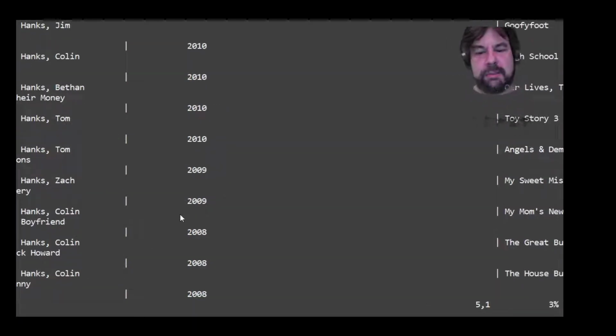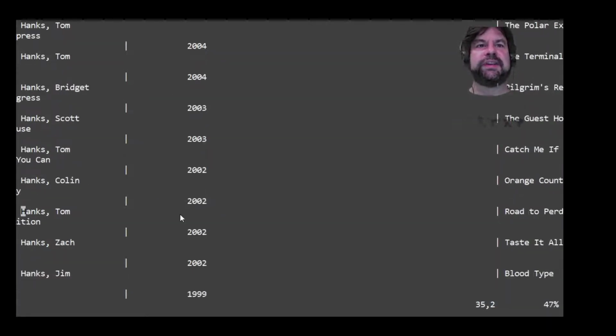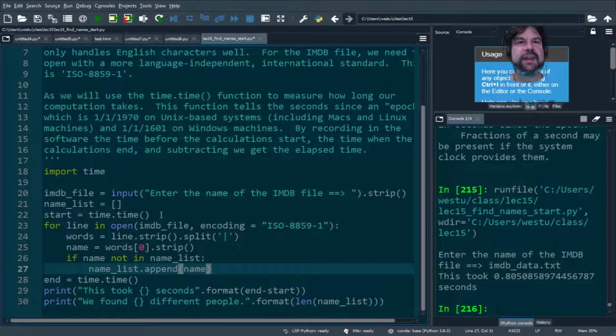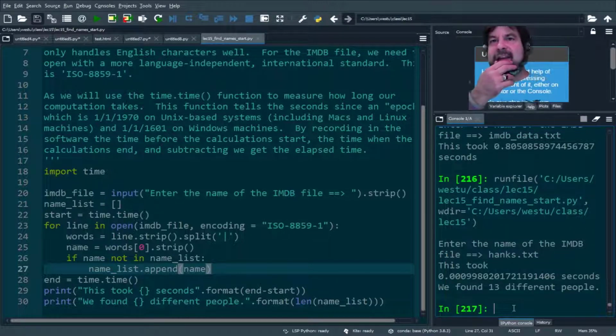So we can certainly count through this 68 lines and find out how many are there. So let's just start running our solution, and let's start off with something simpler. Instead of running on the big file, we're just going to run on the small file, right? So instead of IMDb data, I'll just end it in hanks.txt. And we were right. We found 13 different people, and